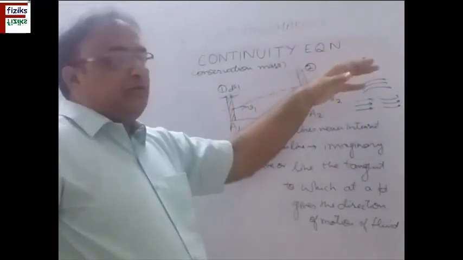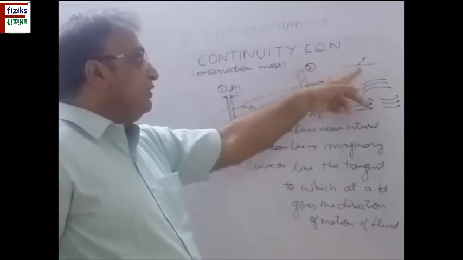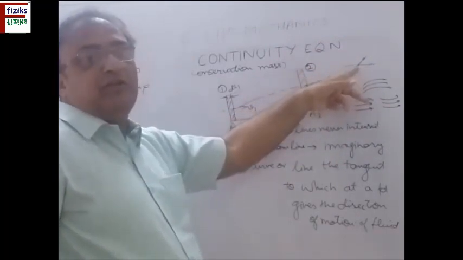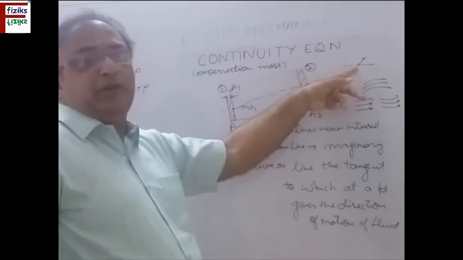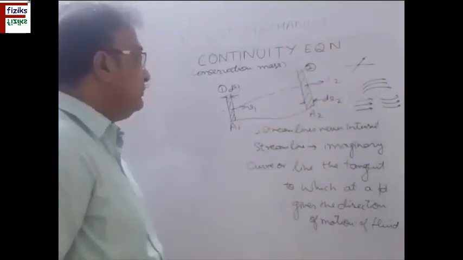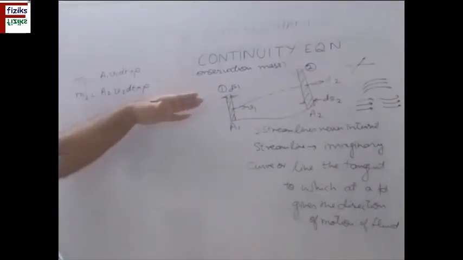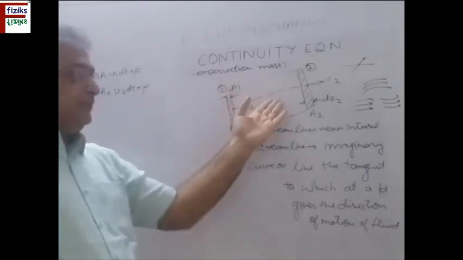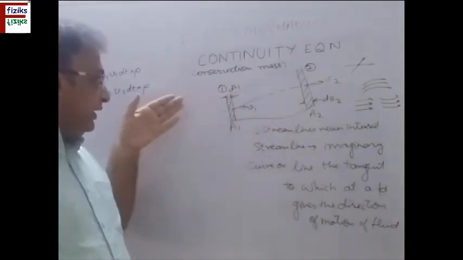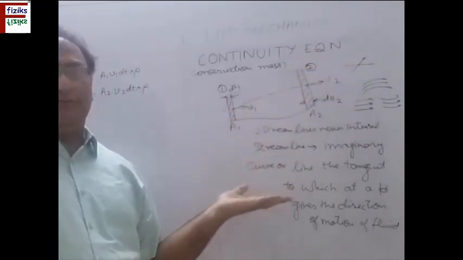Lines can also converge or diverge at one point, and two streamlines never cross each other because at the point where they cross there are two possible directions of fluid flow. Practically this is not possible. So they never cross each other. Now let us take this element. There is no storage of the fluid inside. So the fluid entering is equal to the fluid exiting at the same time.